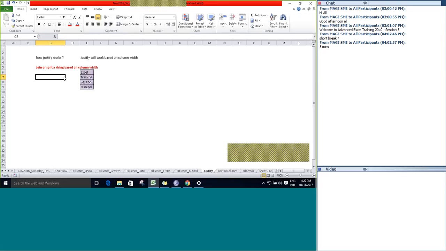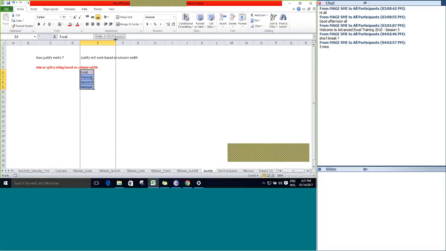Let's see how it works. The given hint is that justify will work based on the column width. Here we have one range with Excel training session 5 Manipal. You can see that we have 4 different strings in this range with 4 cells. Now we are going to join the strings using justify. Let's see how it works.